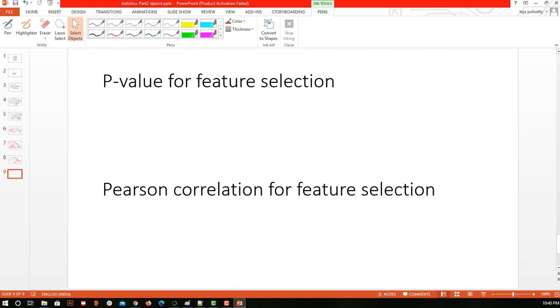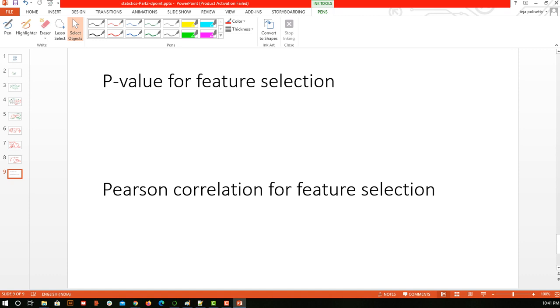Okay, Pearson we have already discussed. Now let's talk about p-value. If you know about the distribution, well and good. Otherwise, in my statistics part 1, I have taken a standard normal distribution where I have shown how we get the z value from the z table. So that standard normal distribution is focused on the sample.